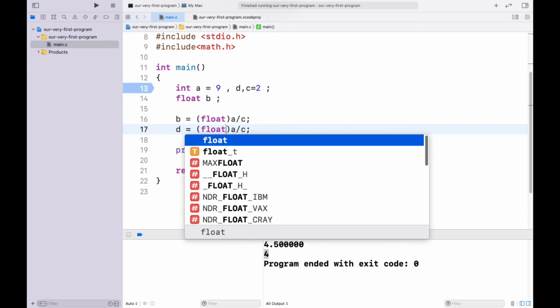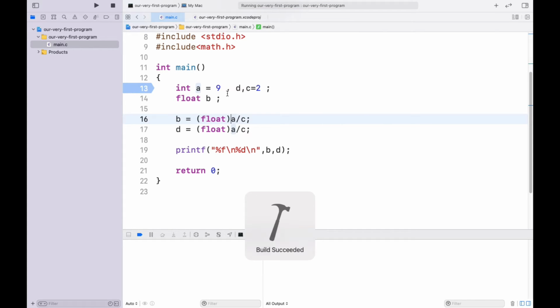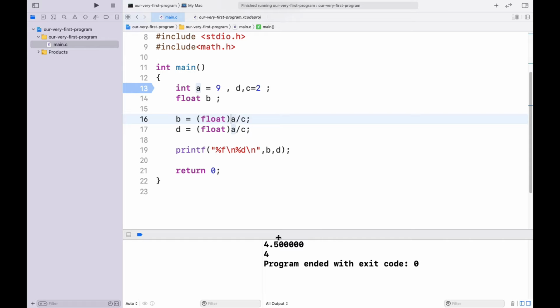It is going to convert A into a floating type variable, and it will treat C as integer only. Let's run this program first. We are getting 4.5.